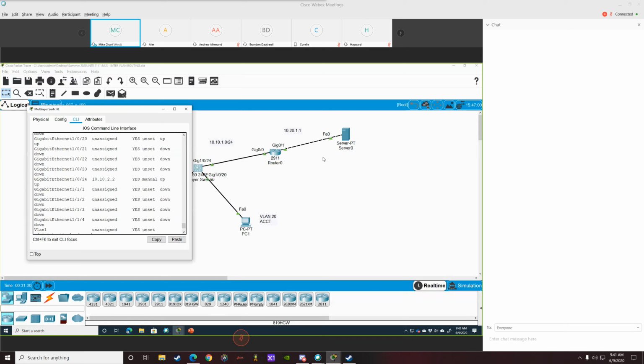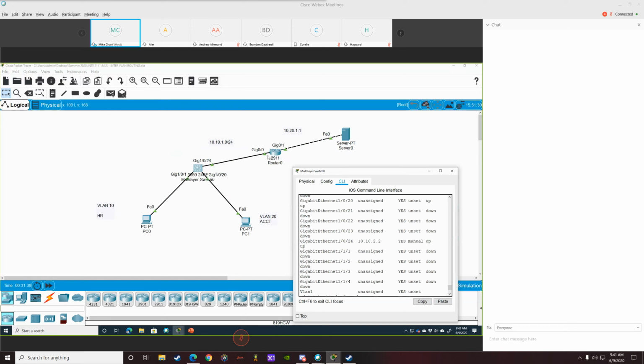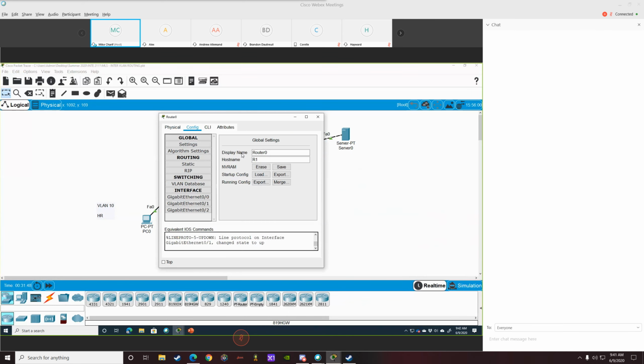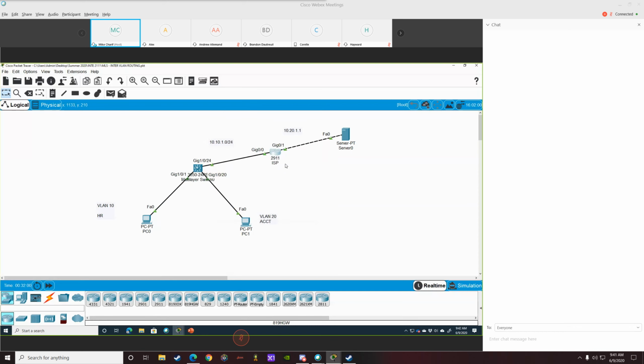Okay, and the rest of them is the same thing. I think we did that yesterday. So over here, what we did, we configured this one. Let's say if this is an ISP, let's make it an ISP router. We do that. Okay. So if this is an ISP and I have multiple VLANs, I can create a default route from the switch to the ISP. And as we did here before,